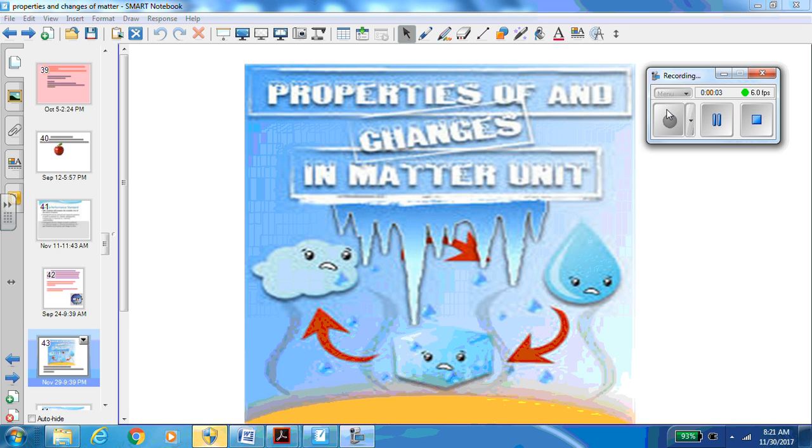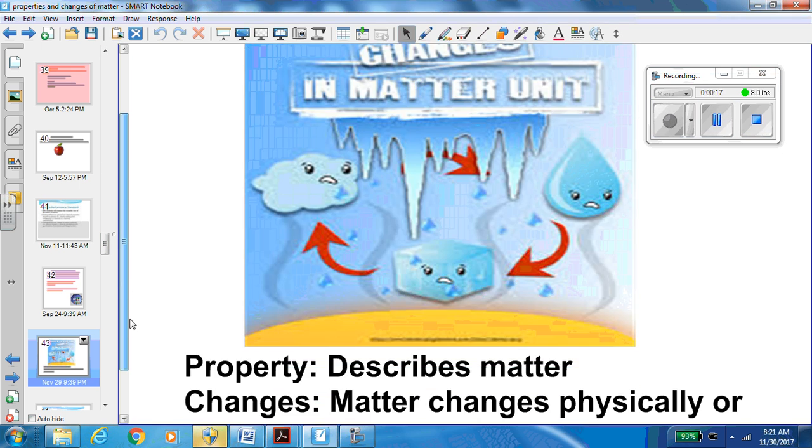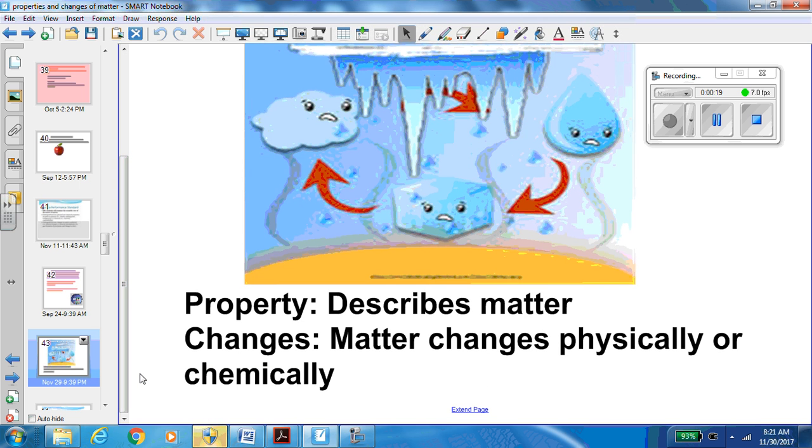Hi class, and welcome to our video lesson on properties and changes of matter. In this video lesson, we're going to talk about how do we describe matter and also what happens when matter changes. Before we get into our vocabulary, let's first take a look at what is the difference between a property